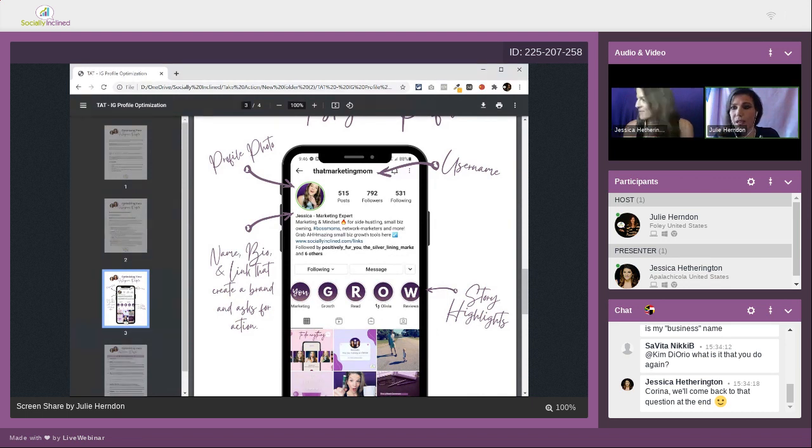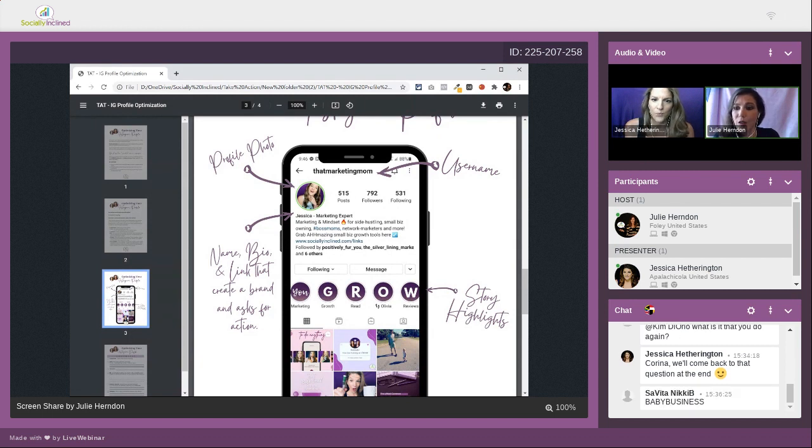You can have a website. We've talked about in a past Take Action training that you can use your Facebook group as a traffic driver, as a lead magnet capture, if you will. Yeah, and that's a great place. If you're just starting, send them to your Facebook group if you don't have anything else. So then, yes, there are link trees, there are pages.